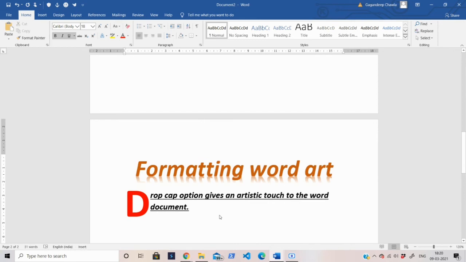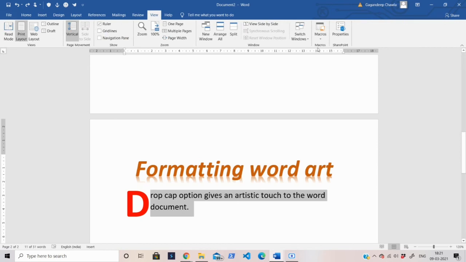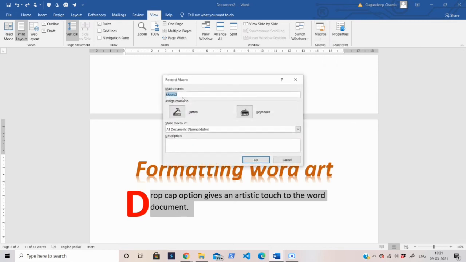For doing this, first we need to go to the View tab. Then we have the Macros group. Click on the Macros group, then click on Record Macro. Here you need to give the name of your macro. So I am giving the name AJ.